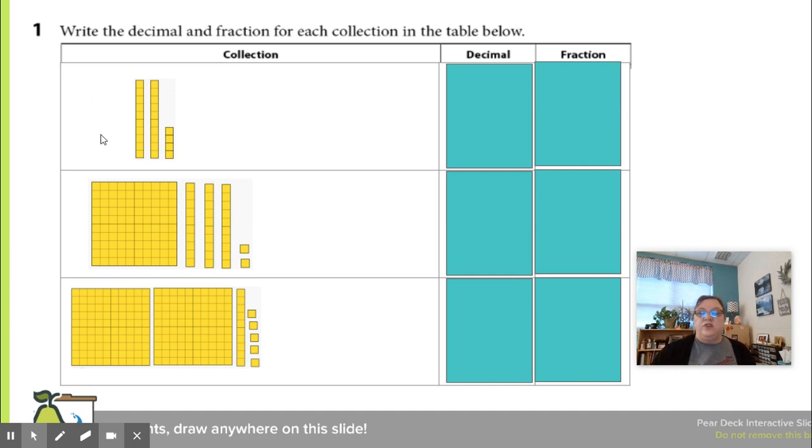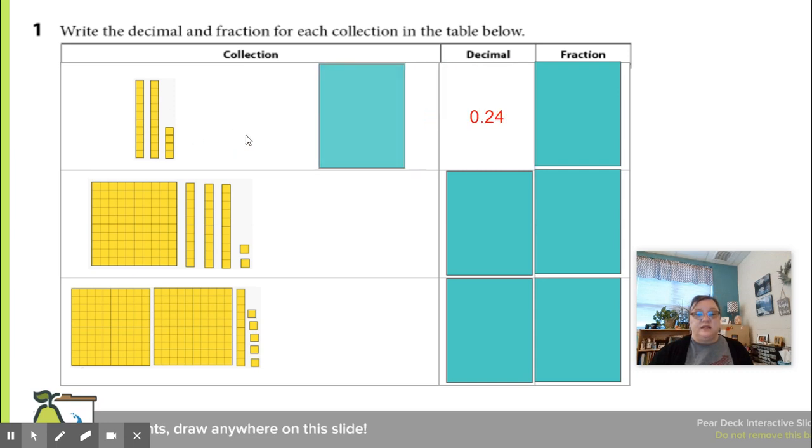So do we have, your first question, do we have any ones? There aren't any mats, so we don't have any ones. Well, what do we have in the tenths place? We happen to have 1, 2 in the tenths place. So we know so far that it's 0.2. And then look at how many hundredths we have. 1, 2, 3, 4 hundredths. So that would be on the other side of our tenths. So we have 0, because there aren't any mats,